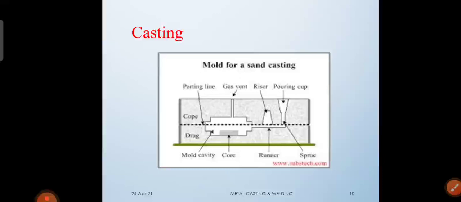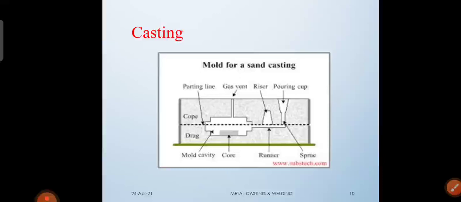Even smaller things can be made in this casting process. Another best thing about casting is that it is the fastest route of manufacturing a product, and even small size products and thin sections can be made.